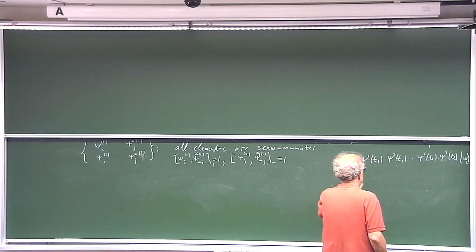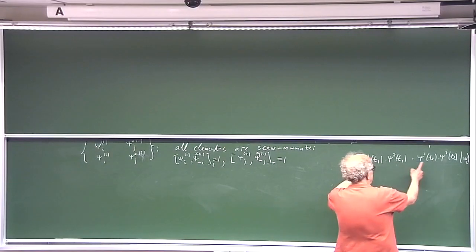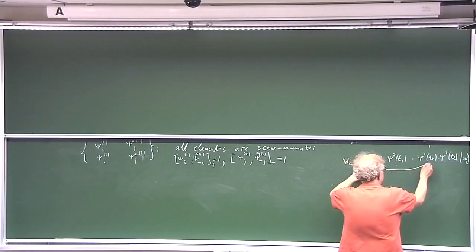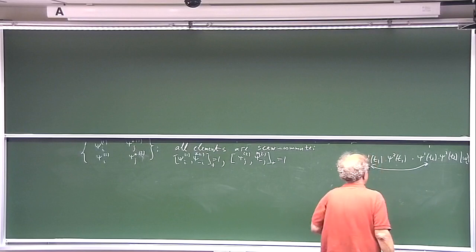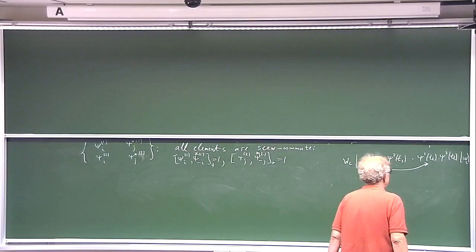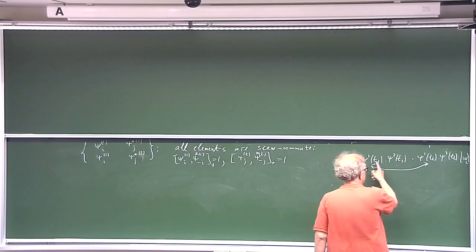But what we can say is that, for fermions, this is a skew-symmetric function, and because this is a skew-symmetric function, it is 0